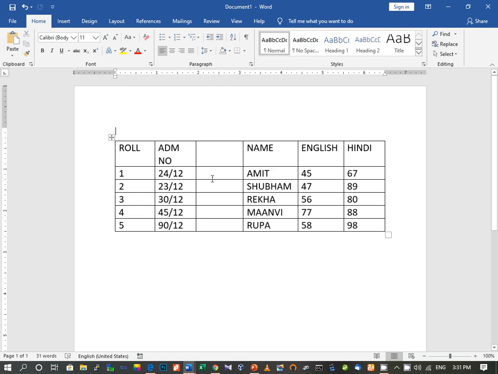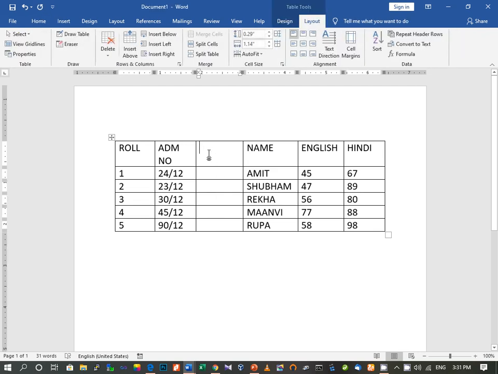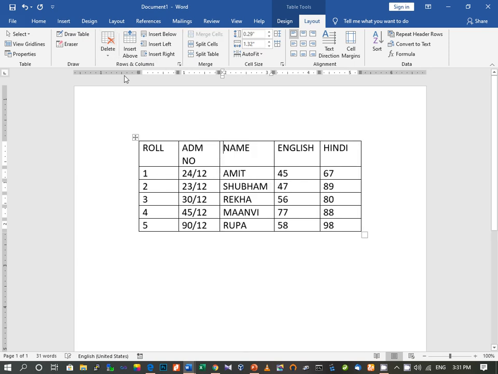Similarly, if I want to delete this column, so I will select here, and then here we have the option delete, then delete column it is given. You can select more than one column and you can delete, then pressing delete button you can see my column has been deleted. Similarly, if you want to insert from here, if you want to add a new row, or you want to insert a column in the left or right side, so that can be done.